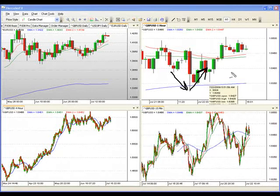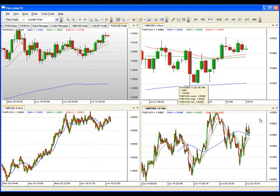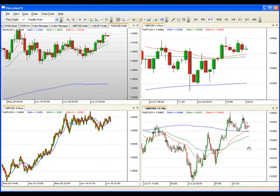Now, I'll let you in on a little secret. If you don't want to wait for the Fibonacci, or you don't want to draw the Fibonacci as the market is moving down, here's the big secret. It's the 3-bar reversal. And the reason why we look for the 3-bar reversal is because the 3-bar reversal is what will demonstrate that the market is getting ready to reverse. And that actually kicked in